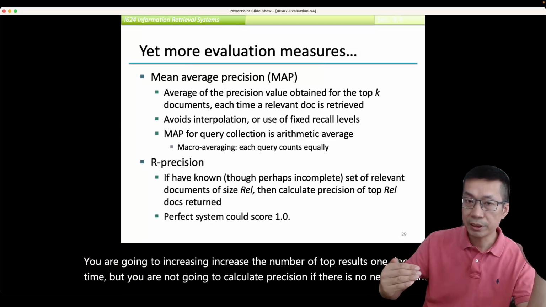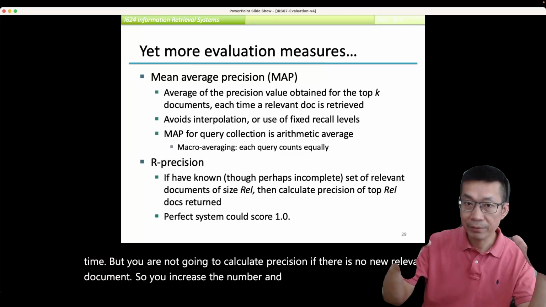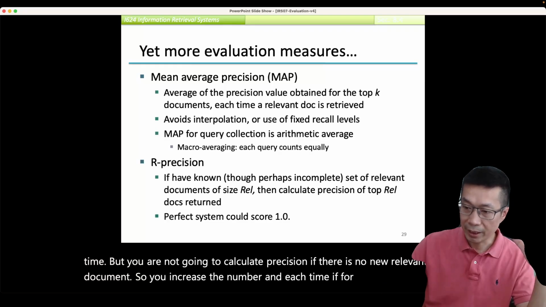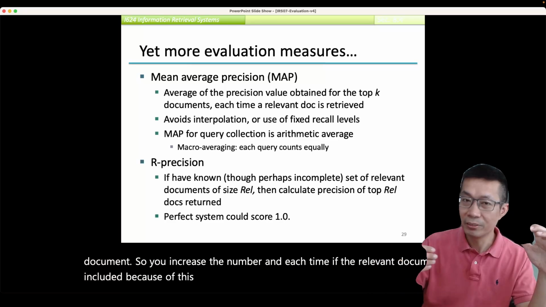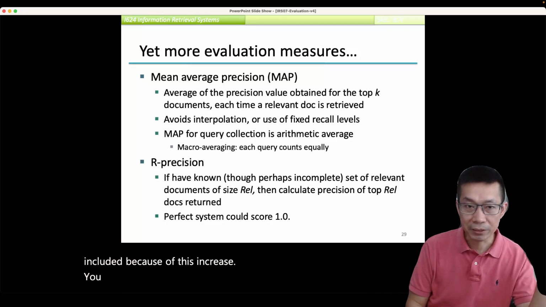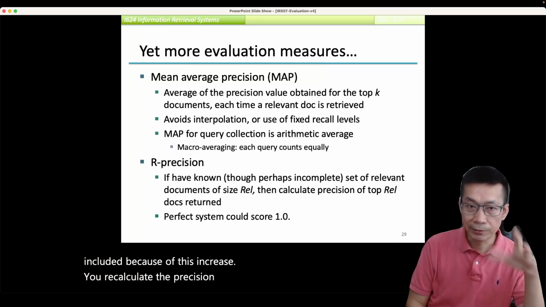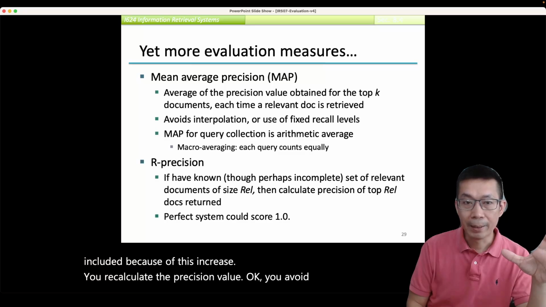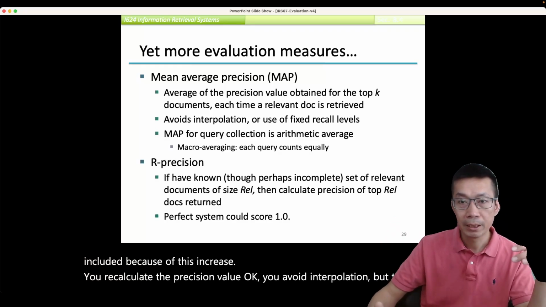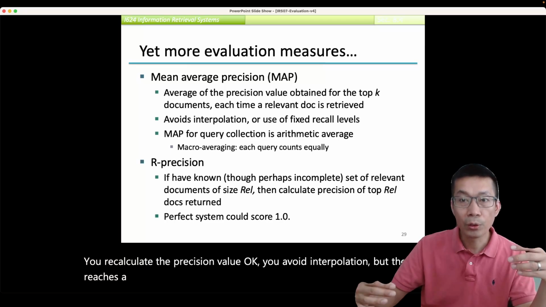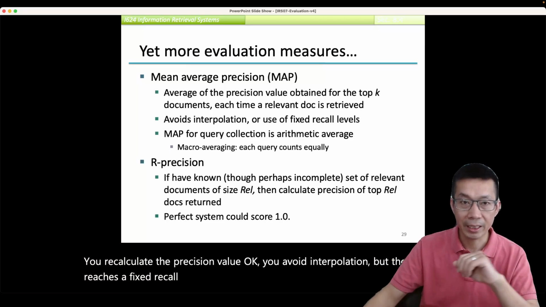So you increase the number, and each time a relevant document is included because of this increase, you recalculate the precision value. You avoid interpolation, but then when it reaches a fixed recall level,